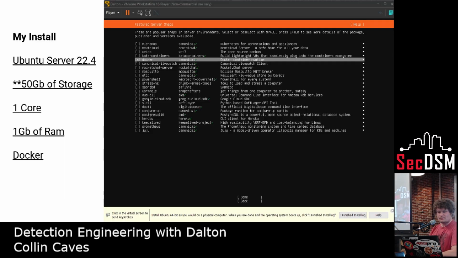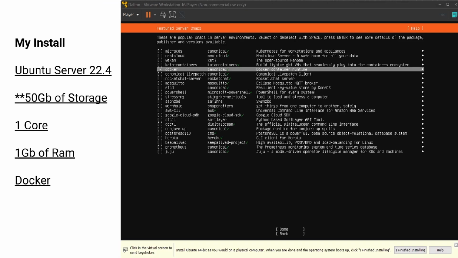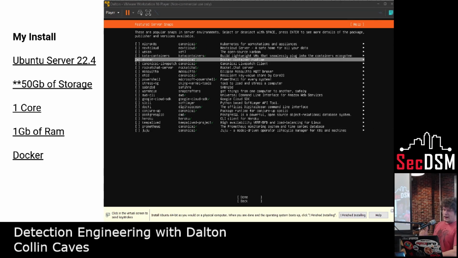All right. So my install, I've installed this a few times over the last year probably. I did one specifically for this talk just to kind of really get my head around it. This is kind of the bare minimum I could get away with, and I wanted to do the bare minimum so it's easily accessible. You could do it in an EC2 instance if you wanted to, but really just latest and greatest Ubuntu, 1 core, 1 gig of RAM, anything that can run Docker, and then I don't go less than 50 gigs of RAM or storage,